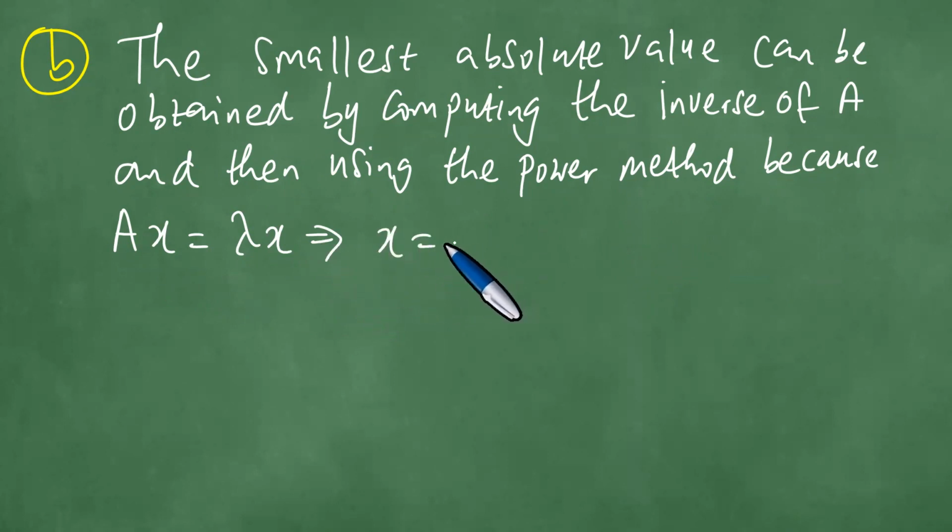Solving for x means, therefore, we have x equals what? Right, so you can get x by multiplying by the inverse of A,